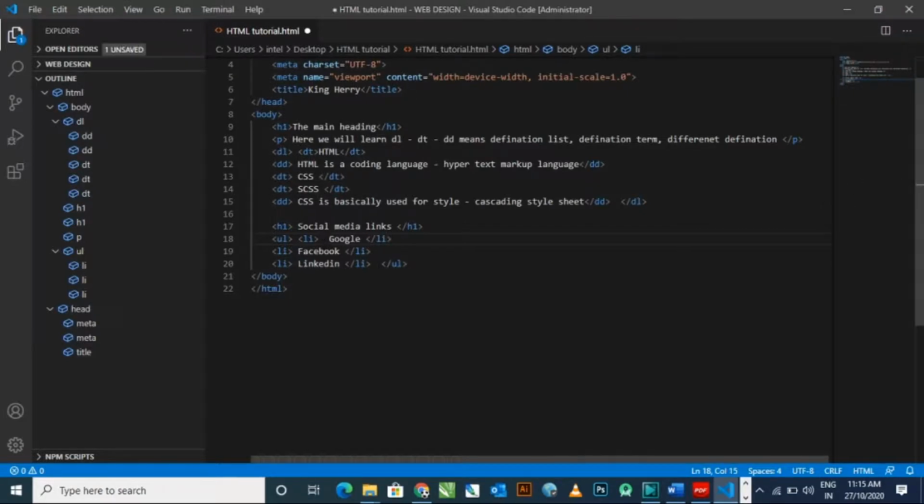Okay, now I'm typing here in Visual Studio Code href HTTP colon double slash.